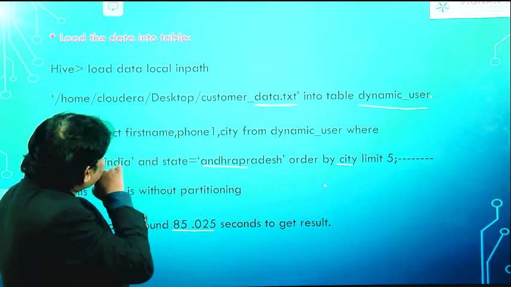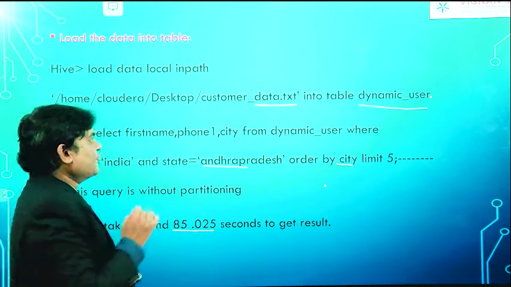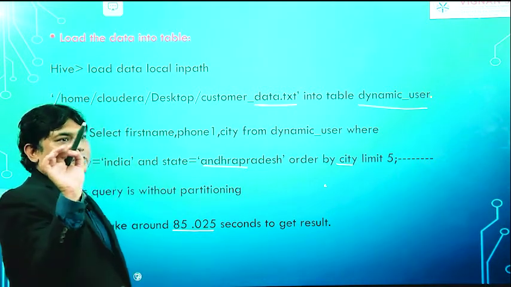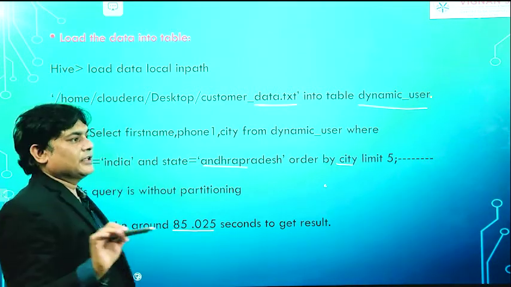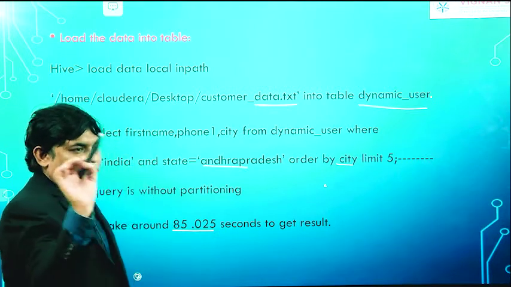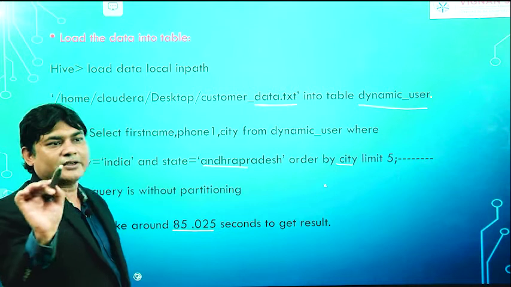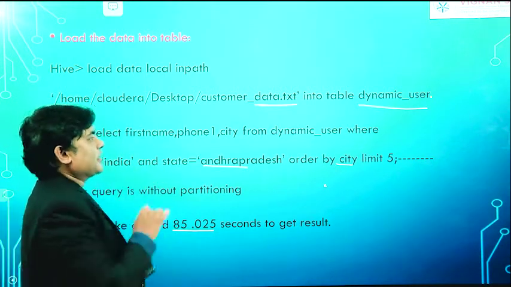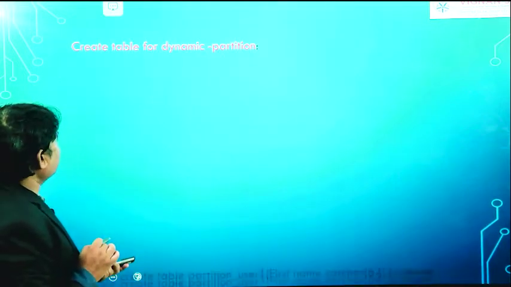Now I am going to apply dynamic partitioning here. If you apply dynamic partitions, what do you have to do? We have to run these 3 important command lines. One is to set true values. Then we have to make it non-strict. Then you have to set how many partitions are going to be made. These 3 important lines we have to enable before doing dynamic partitioning.